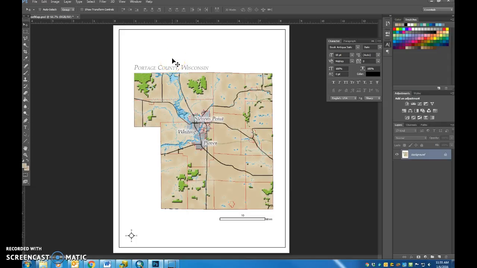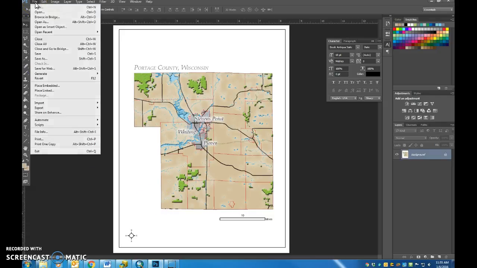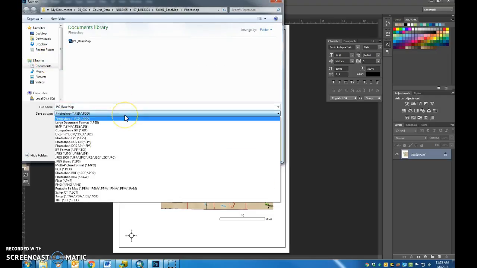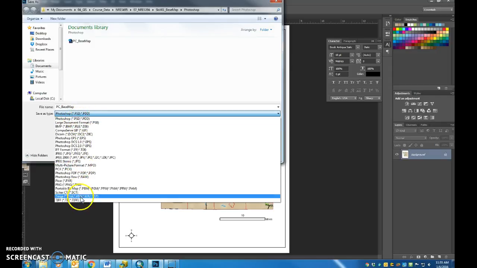and you see what that does is it took my entire image and it compressed it. In order to save this out as just a JPEG or a TIFF or anything else that you can use in Word or elsewhere, you need to flatten this, and it's a file size thing. It helps keep the drawing small. So once I've flattened it, it's actually really simple. Is that then I go back to Save As, I change away from my Photoshop PSD file, and I can save it as a TIFF,